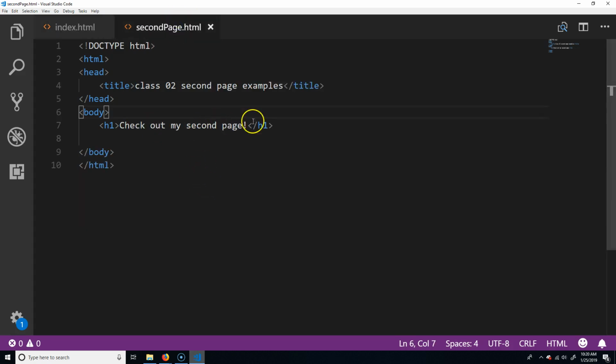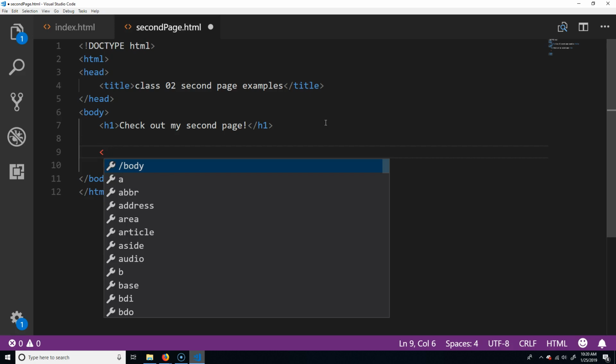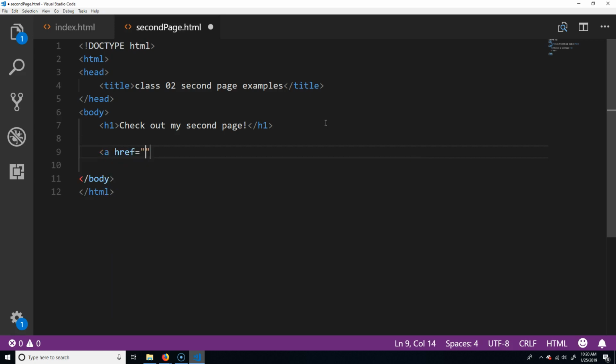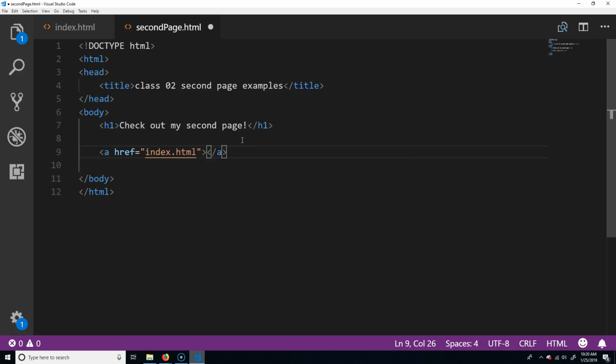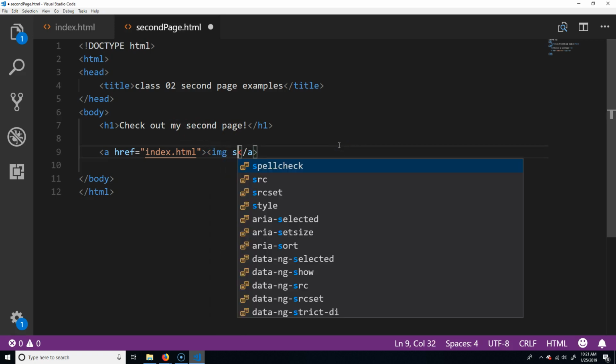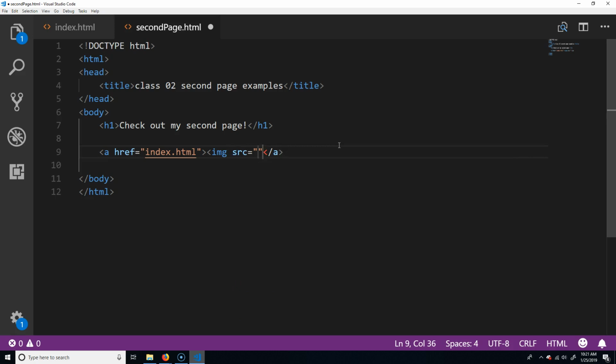So what I'm going to do is on my second page, I'm going to make an href, so href, okay? And then it's going to be the index.html because that's the one I want to go back to, okay? This, and then I'll have the closing tag. But instead of putting in text, I'm actually just going to put a picture. So I'll do img src, source. And then I'm just going to go ahead and do, I don't remember what it's called,